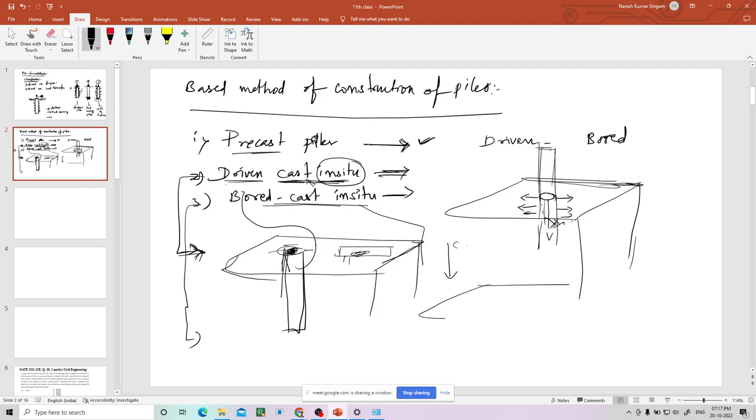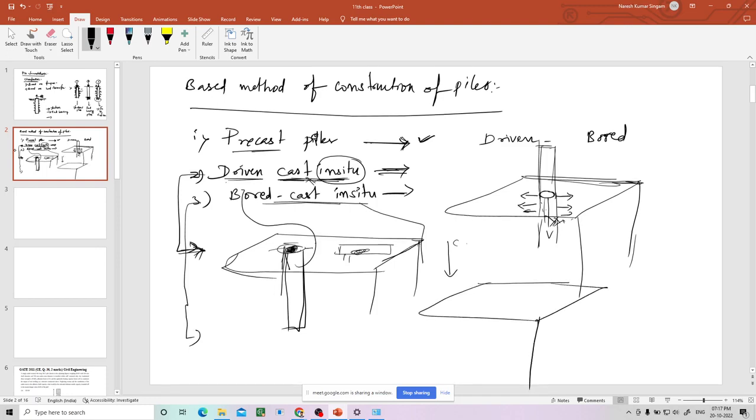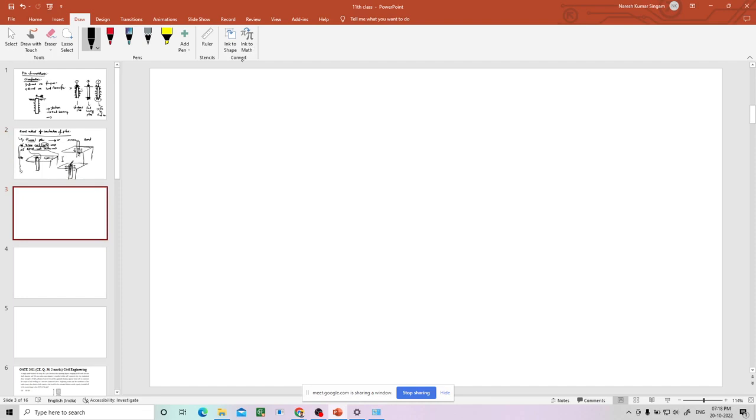You will make a hole first, you will take out the soil. There will not be any lateral movement of the soil in this case. You are not driving anything, you are just taking out the soil. After taking out the soil, you will just pour the RCC, reinforced cement concrete. That's how this will be constructed. So this classification is based on method of construction, and the other one is